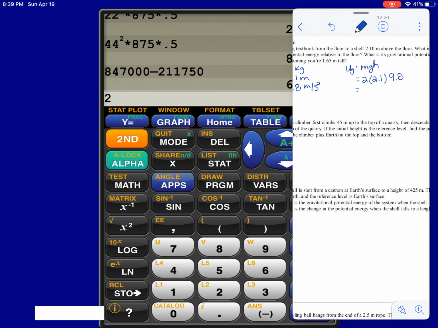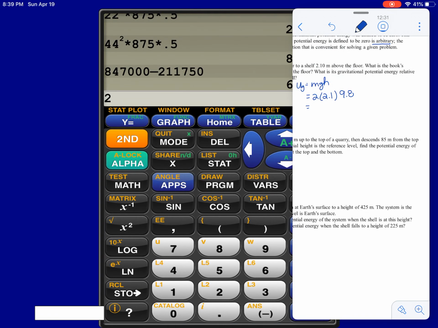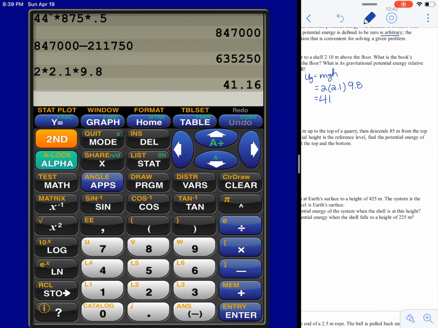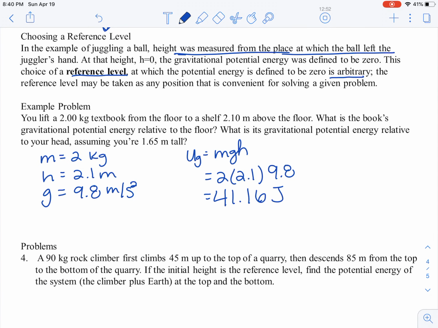Okay, 2 times 2.1 times 9.8. And our potential energy of our textbook, 41.16 joules relative to the floor. What is its gravitational potential energy relative to your head, assuming you're